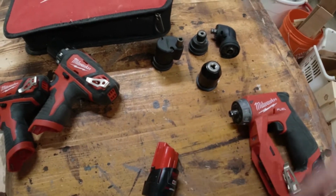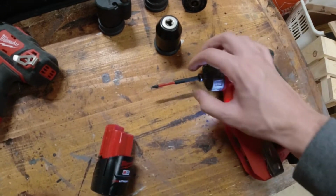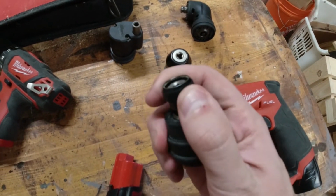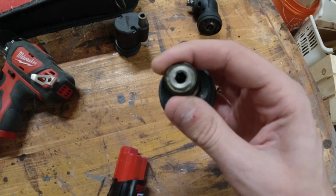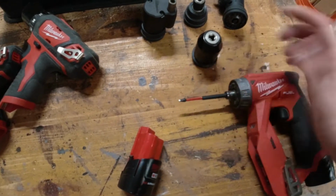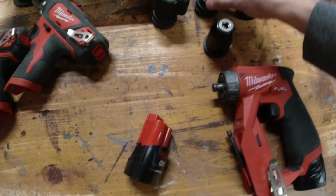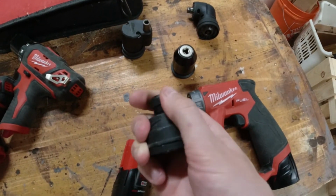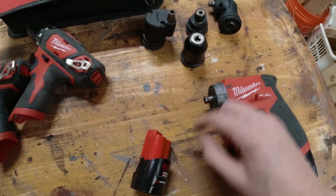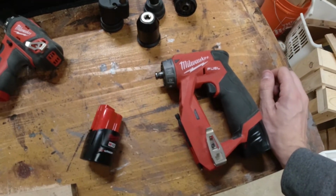So if I take a bit off, I can put it in there and it'll run that bit no different than a regular impact quick attach system. And the nice thing about this is it just slides in and out. There's no chuck. You don't have to fiddle with this or spin the chuck or anything like that. It's just simple pull in, pull out, which is nice if you're doing something where you need to change your